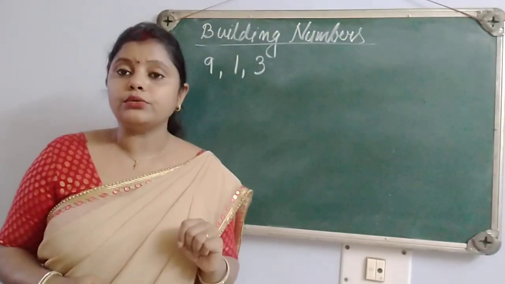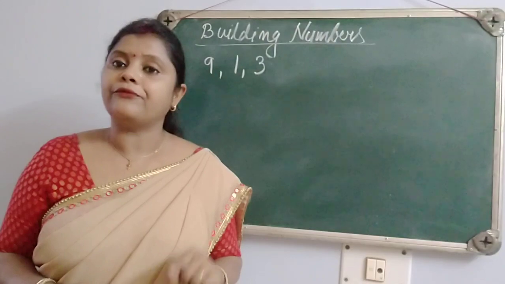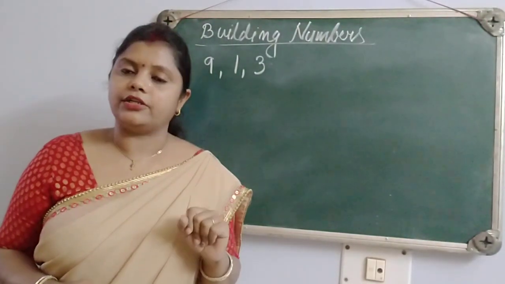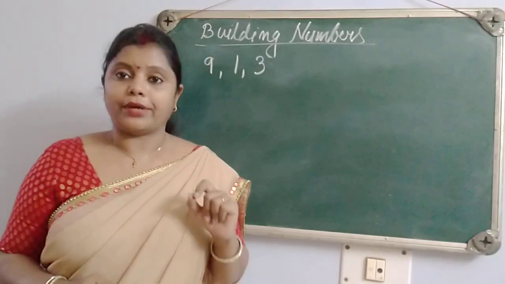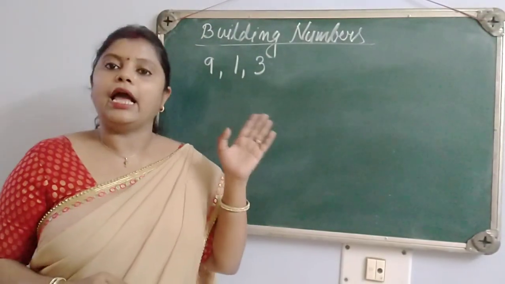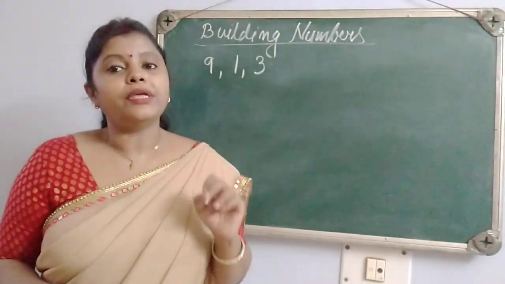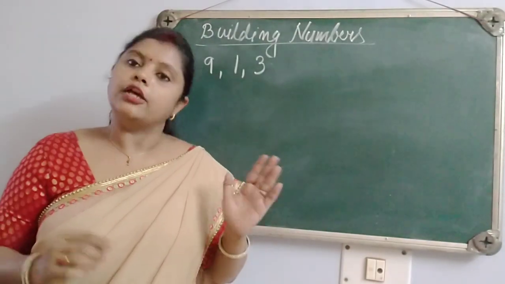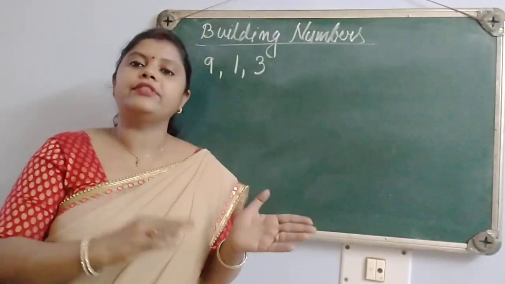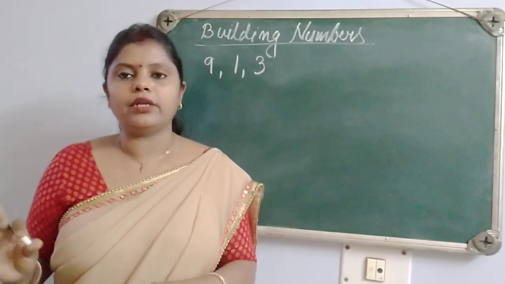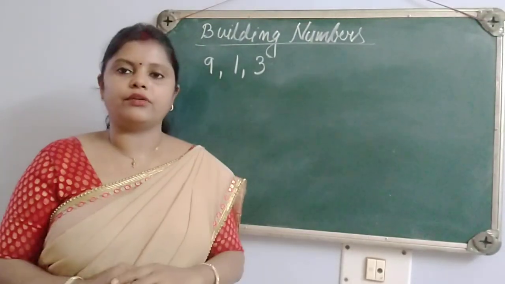Now, what to do? If we have to form a 4-digit number, we have to repeat a given digit. Now, there is a question. Which digit do we have to repeat? Because 3 different digits are given and we have to understand which digit will be repeated in which question. So let's first solve as if there will be no repetition. Simply by following that, we will come to the answer of this question.